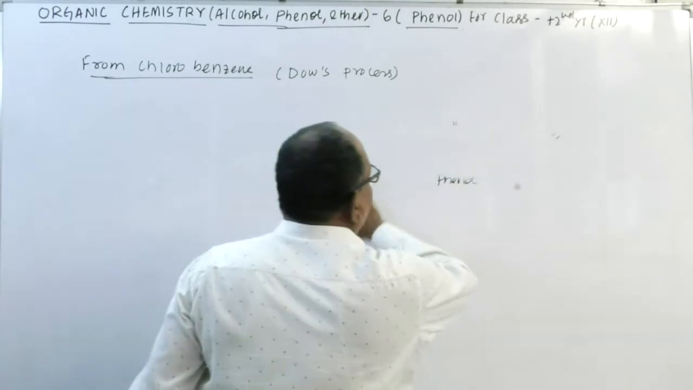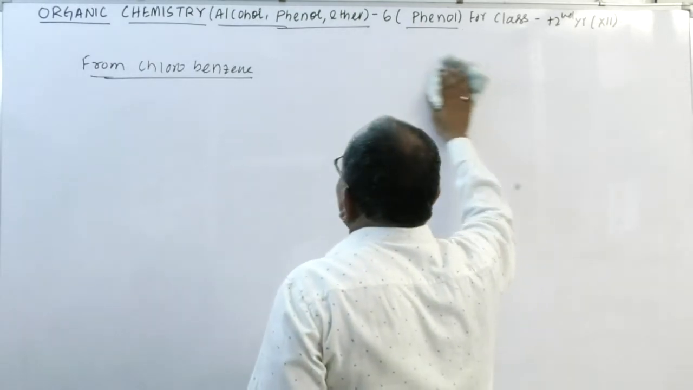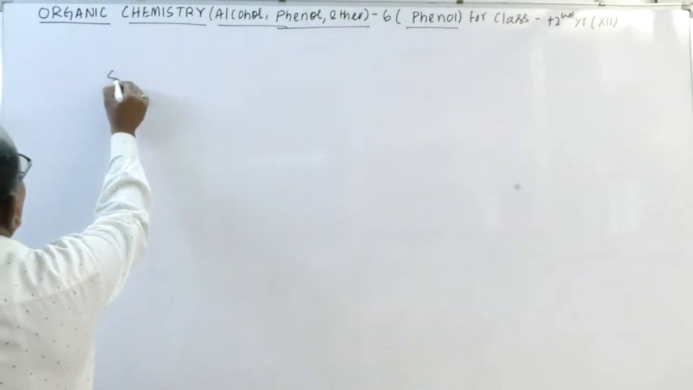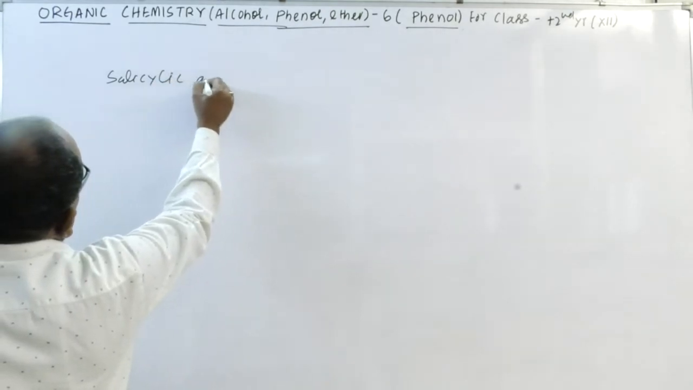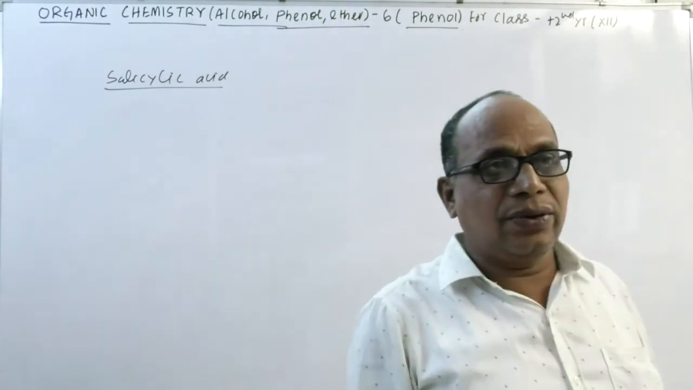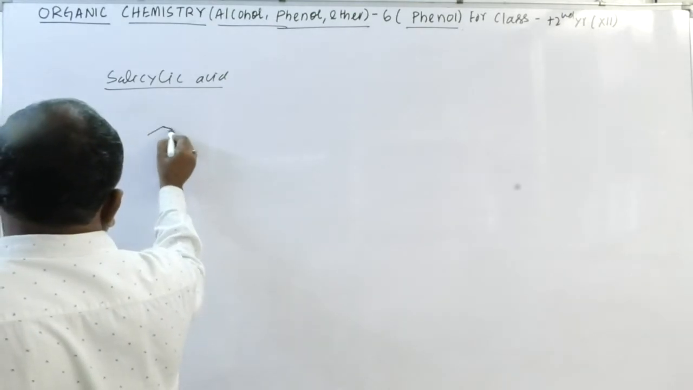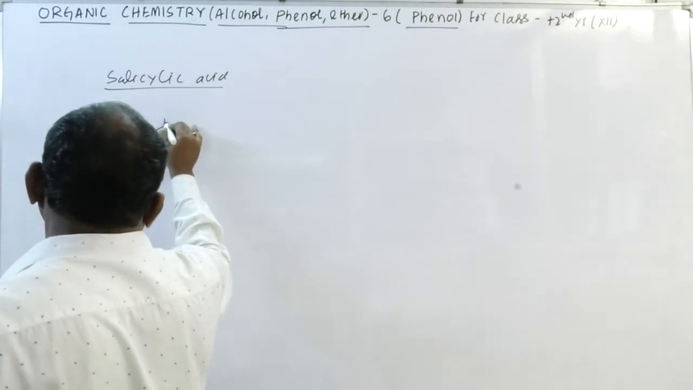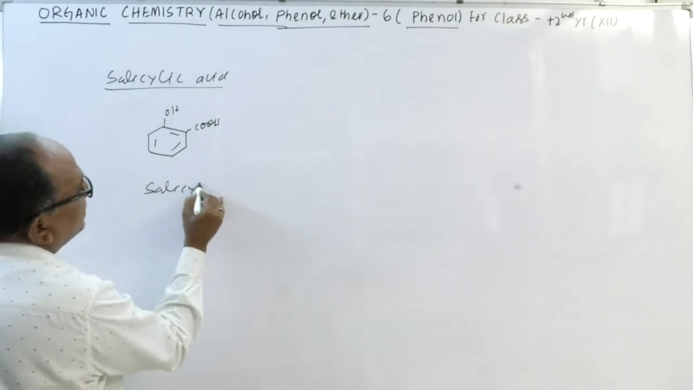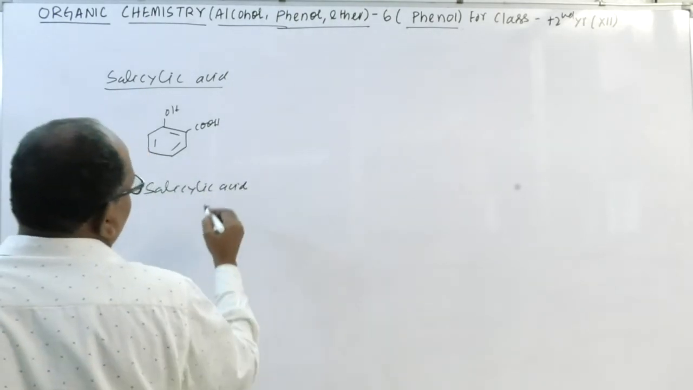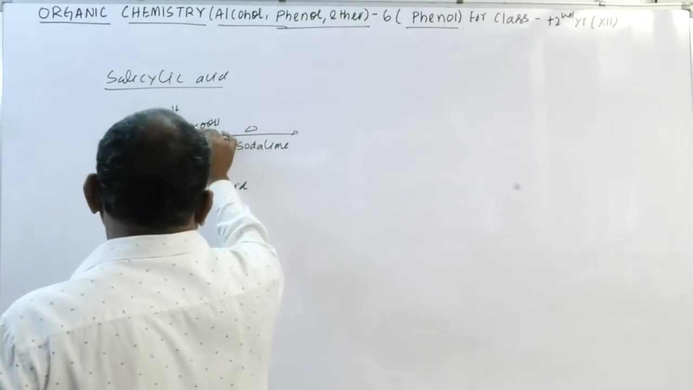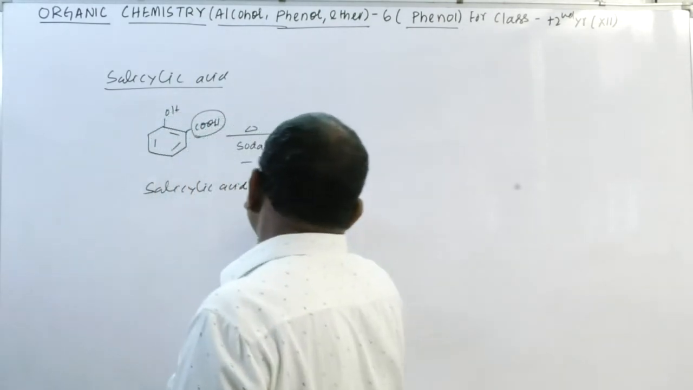Okay, the phenol can also be synthesized from salicylic acid. So what is salicylic acid? That is orthohydroxybenzoic acid, known as salicylic acid, and this is your salicylic acid. This salicylic acid is heated with soda lime. What is the function of soda lime? This group gets lost as carbon dioxide. This becomes